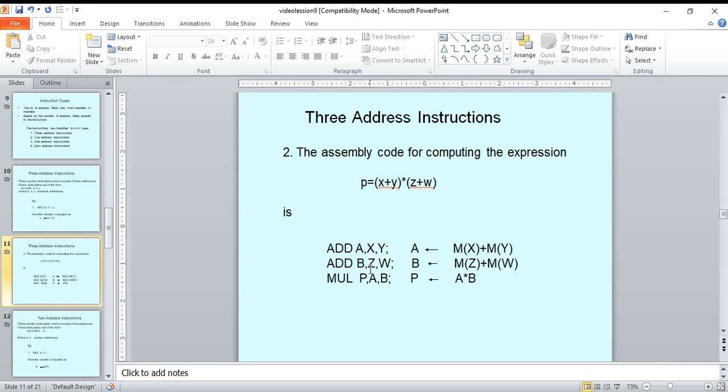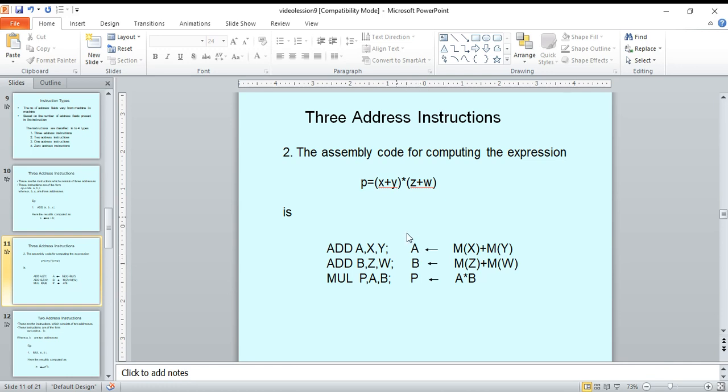So this is specified like this: add means opcode, and then these are the three address fields: B register address, where the result is placed, and then Z, this is a memory location address. This is another memory location address. So these are the three address fields and opcode. Like this we can specify it: M of Z plus M of W, and after the addition the result was placed into the B register.